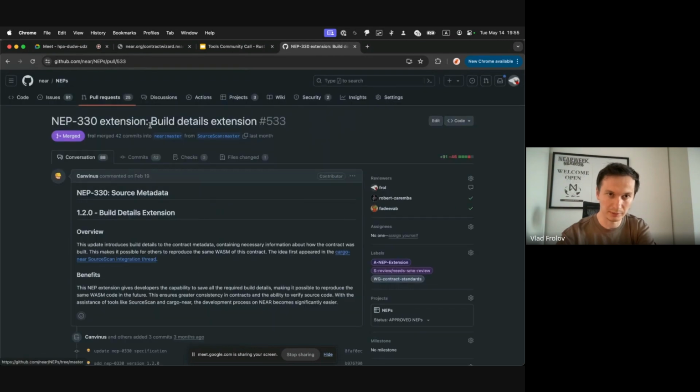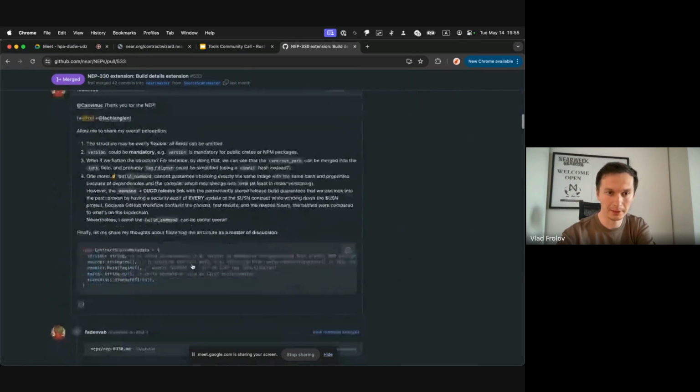not source scan, the NEP-330 extension, which was extended with the details about the build-time compilation steps.